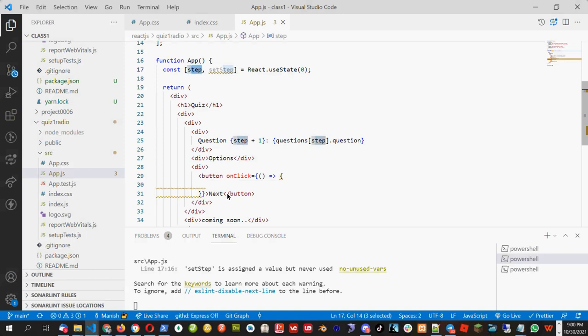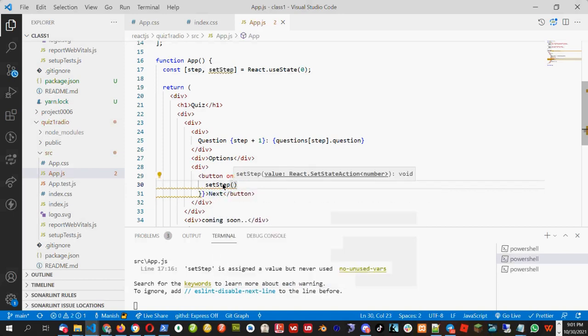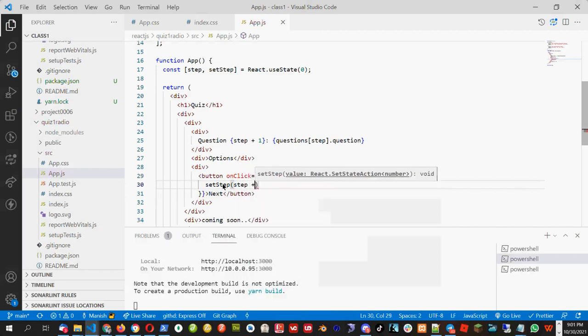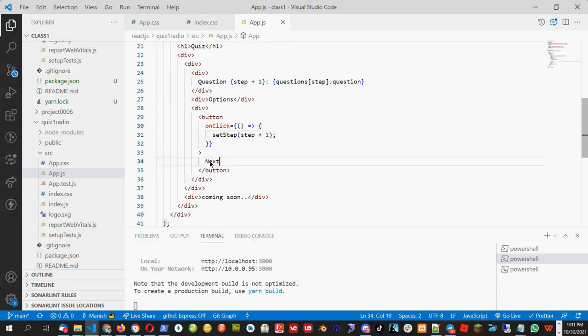How can I update the step to next page? I have to call set step. And inside that, we have to say step +1. So I call the set step, and then inside, whatever step currently we have, we add 1 to it so that we can go to next